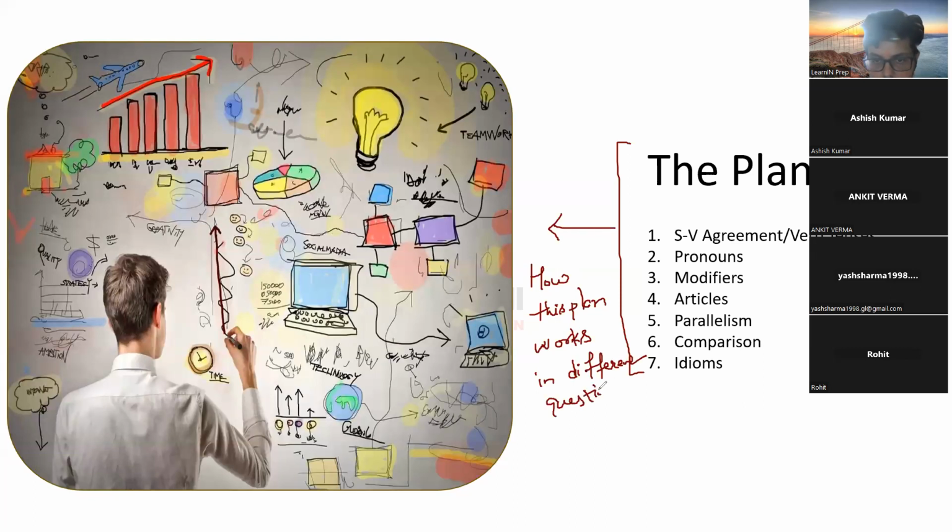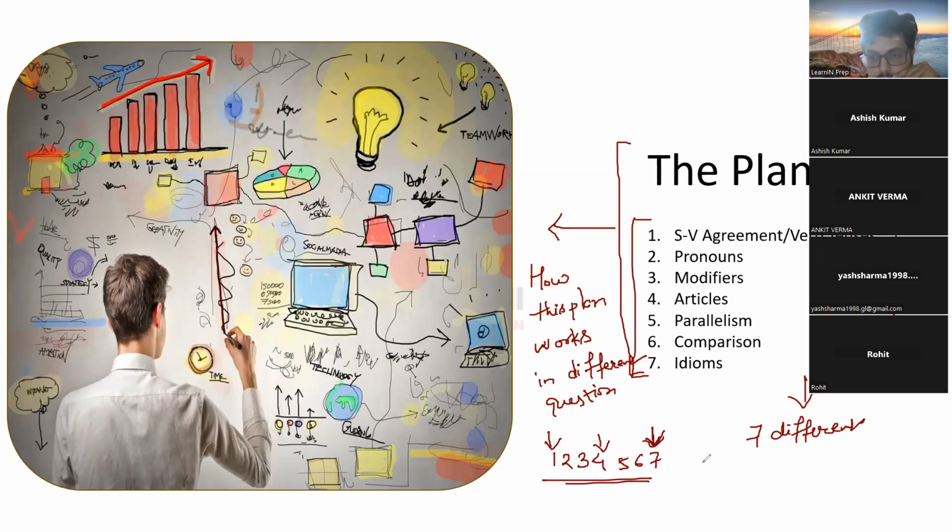right? We would cover these topics in 7 different classes, which would take place on every 3rd day. For example, this is 1, 2, 3. On the 4th day, we would have the class. Okay, so 5th, 6th, and 7th day, we would have the class. Fine. So I think we would be able to do it in 30 days. Fine. So that would place us in a better position.